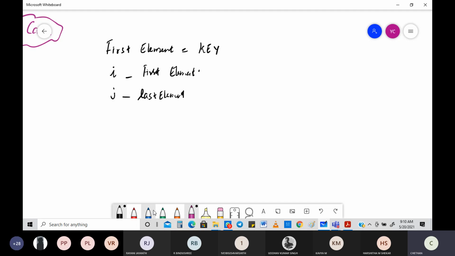Then what is the next thing? What are the rules to be kept in mind in the next iterations? First and foremost, you are going to compare the key element, which is very important, because it's the same thing you learned in the algorithm. This is the second example we are trying to do here.